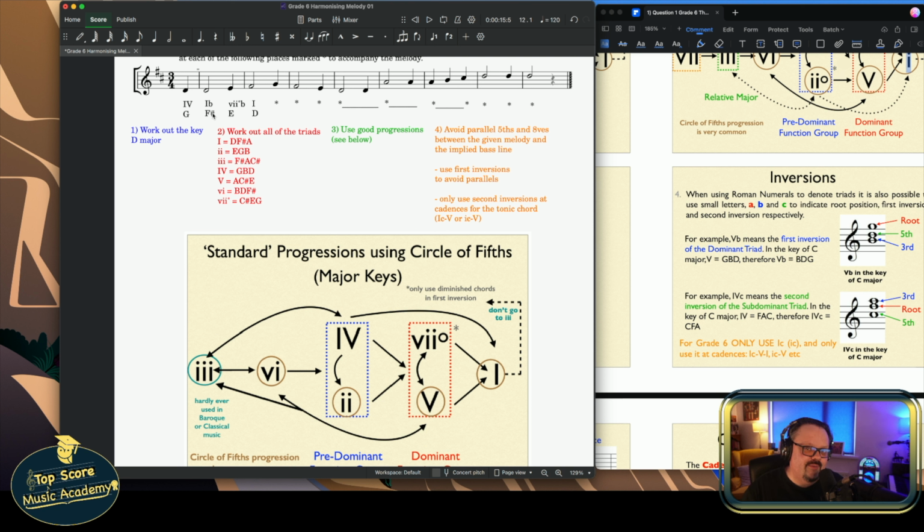Contrary motion is always really good in harmony. If you're able to get that between two voice parts moving in opposite directions like that, it sounds really good. That's called contrary motion. This chord progression is probably the only time, in fact, that you'll actually use chord 7,